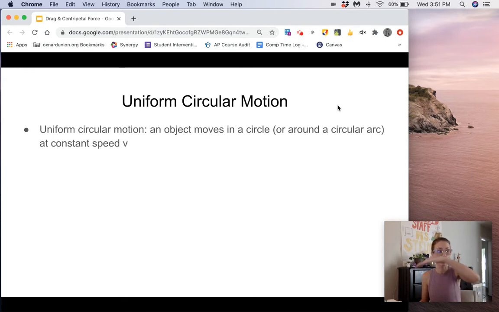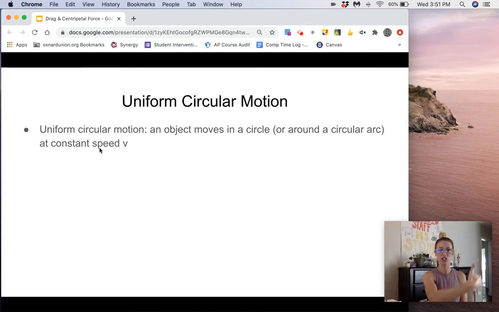So we might have a car going over a bump in the road or a valley, or rounding a curve if there's friction involved that's causing that circular motion. And along that circular arc, they're going at a constant speed. And we call that constant speed v, even though v stands for velocity. Remember, this is a constant speed, not a constant velocity, because since we're moving in a circle, that velocity vector